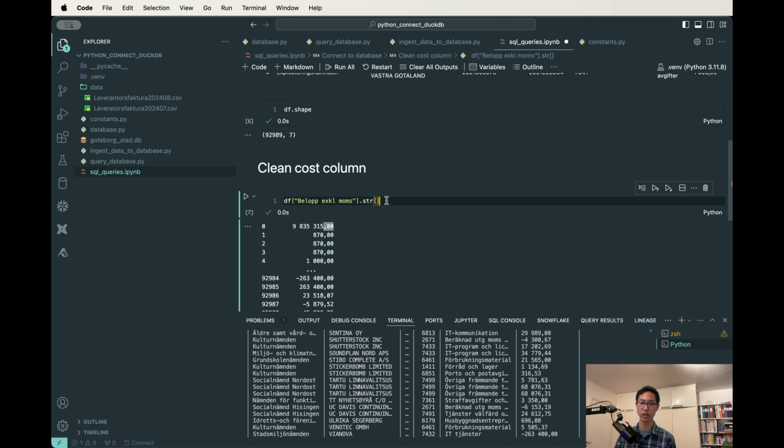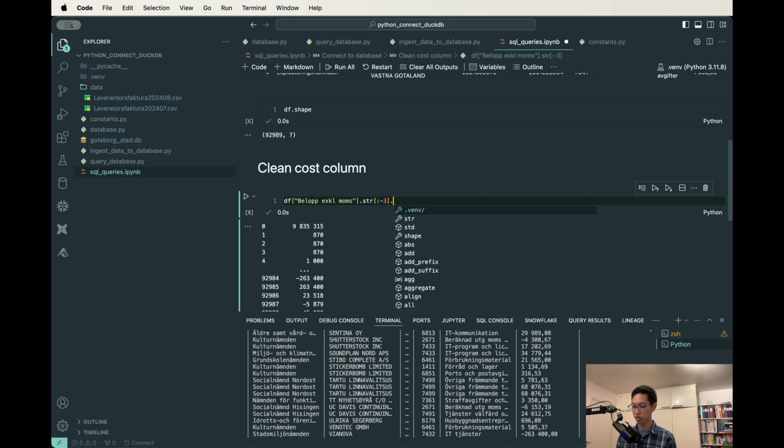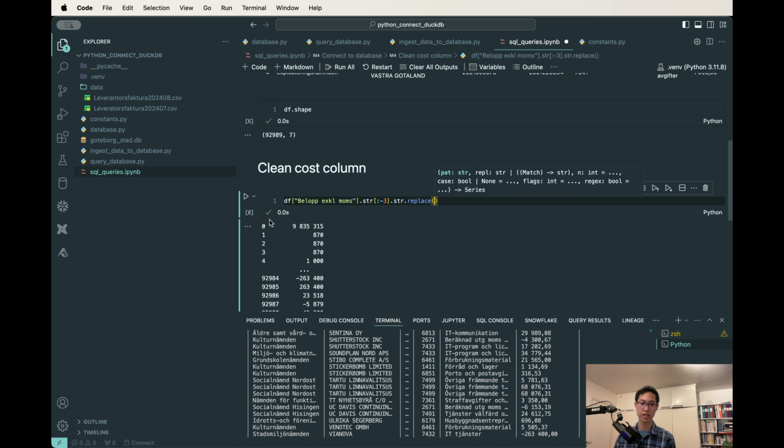So I want to remove that one. So colon -3 and it disappears. And also I want to continue with .str.replace. I want to replace the space with nothing. So space with no space. And like this. And now I can do astype of